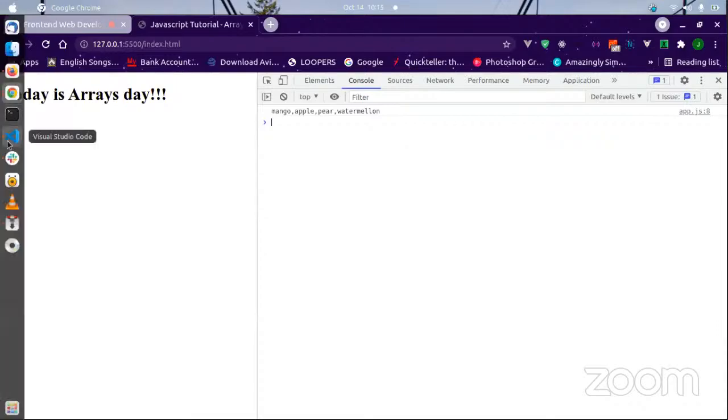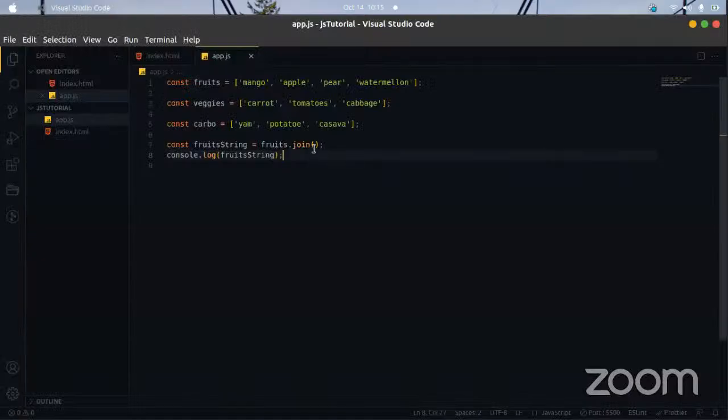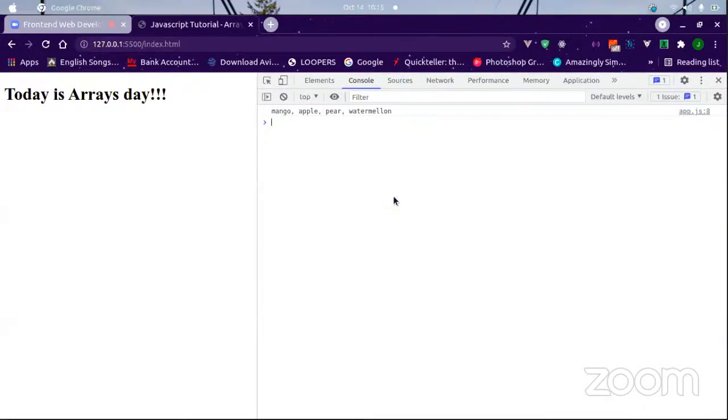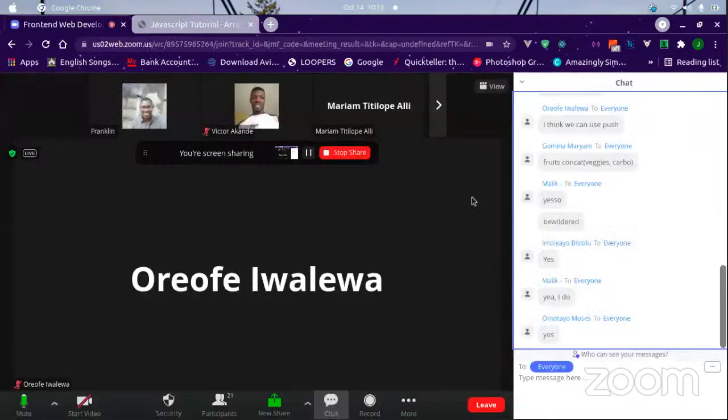But we could actually do something. We could say, on every word, this is what we want to be the separation. We want them to be separated by a string, comma, and a space. If you save this and we check, you see that there is a comma and then there is a space.